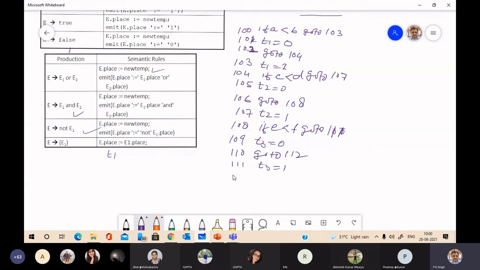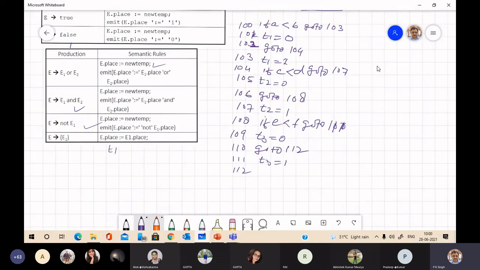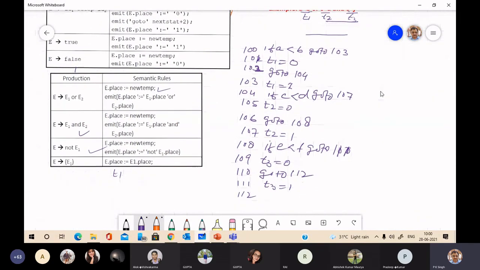So at 112, a new temporary is generated. Suppose this is T4. And it will write T4 equal to E1 place.